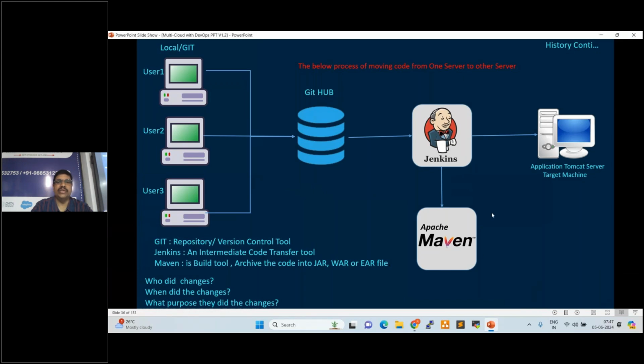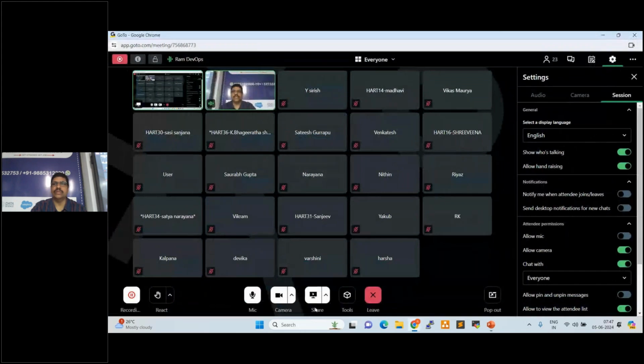Once converted into an artifact by Maven, it is given back to Jenkins. Jenkins pushes that artifact to the application server, and here we deploy the artifacts. Clear, right, everyone? Any questions here? Anyone? You can ask me if you have any questions.